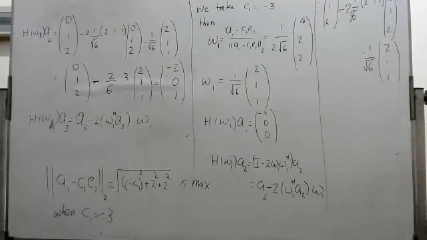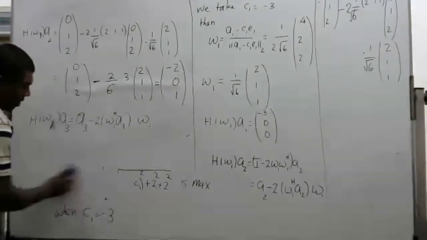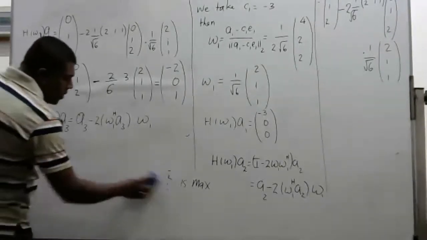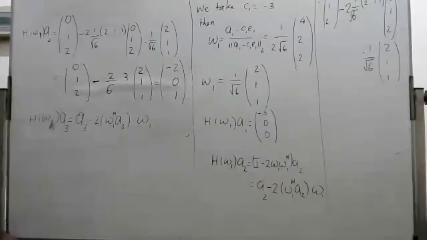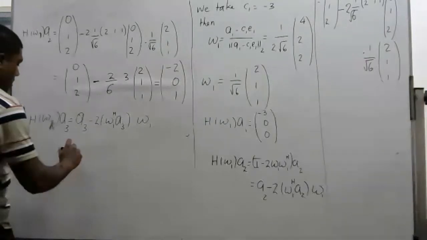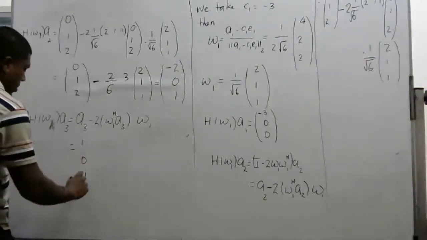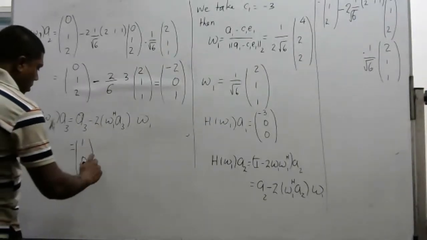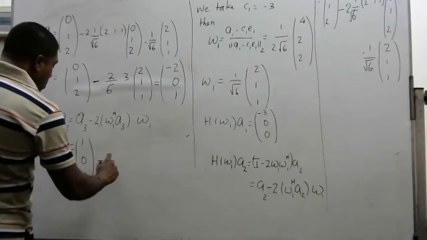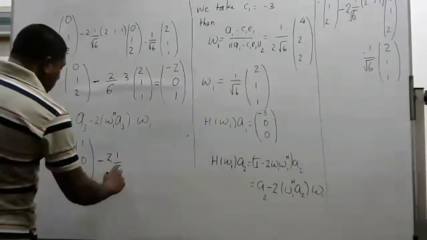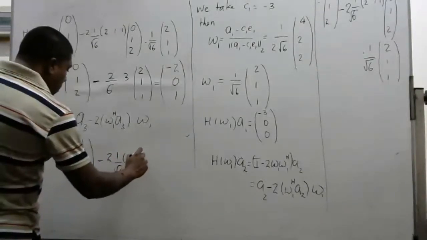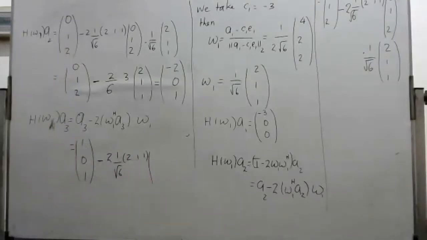So when you multiply it, you get A3 minus 2 omega 1 Hermitian A3 times omega 1. So here again, you can write down the values and compute. A3 is 1, 0, 1, minus 2 times 1 upon square root of 6 of 2, 1, 1 multiplied by